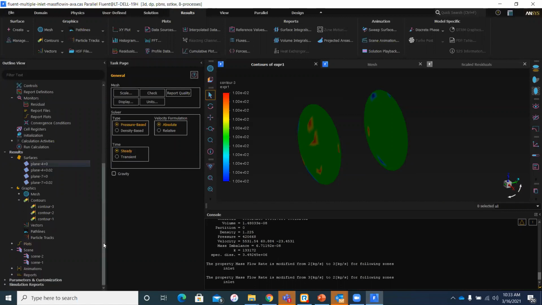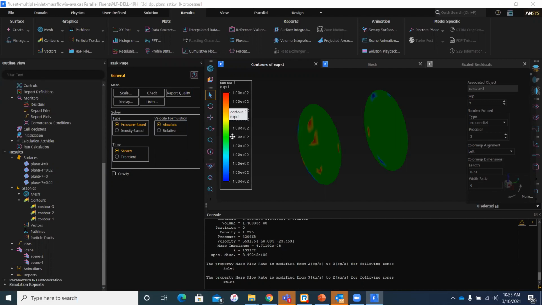What I basically wanted to show is that you can now play around with the contour color bar by double clicking on it using the left mouse button. Earlier, we had to go into the graphics and manipulate this, and whatever settings we would choose would be copied over for all the contours that we are generating. But now we don't have to do that. So for any one particular contour, if I wanted to modify the color map, I could simply double click on it and basically, for example, change this from